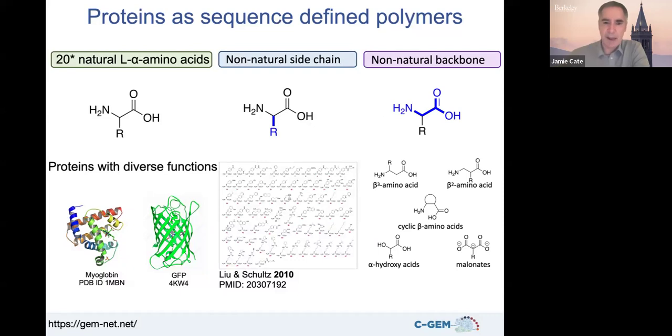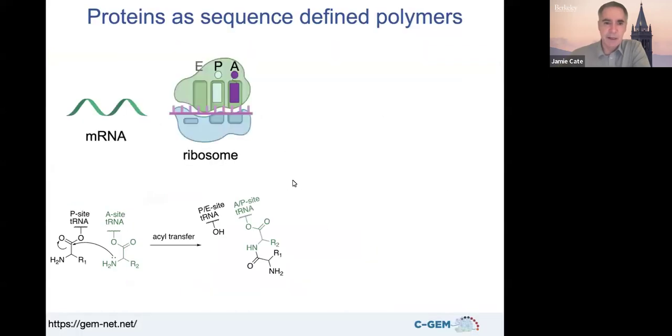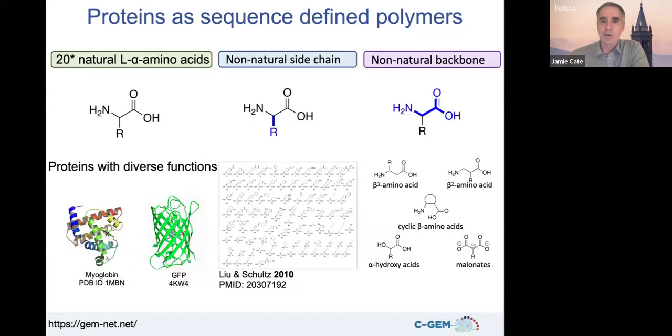And so if I go back a slide, that's how the polymer chain is put together, along the backbone. And we're interested in changing that chemistry. The reason to do this is that we can get new materials properties in these polymers. We could have them be useful for therapeutics, smart materials, a lot of different potential applications. And these are just some examples of types of what we would call monomers that we'd want to put into the polymers: beta amino acids, cyclic betas, other types of chemistries.